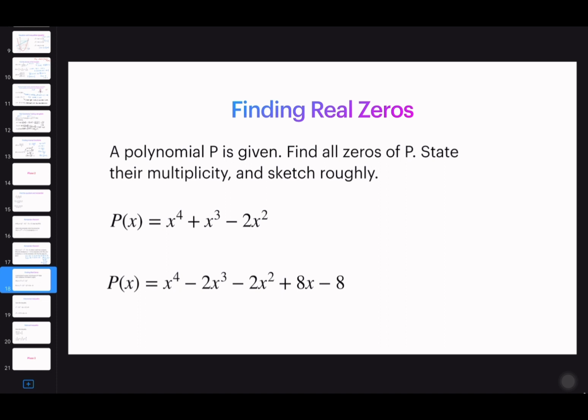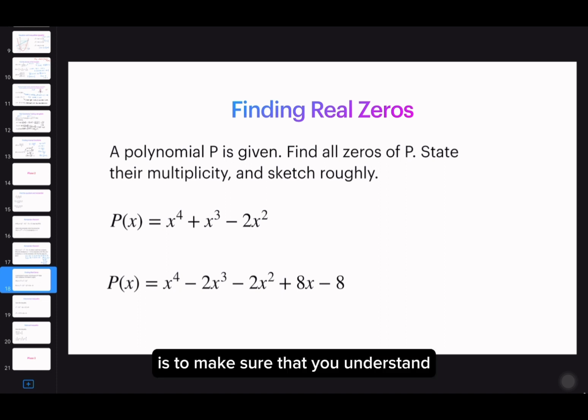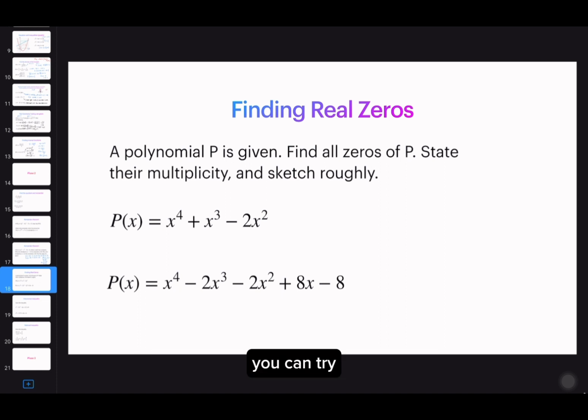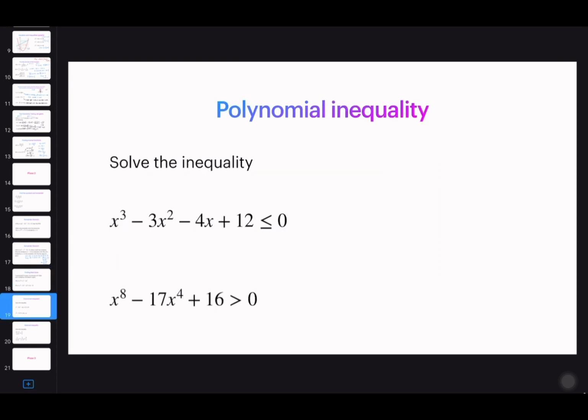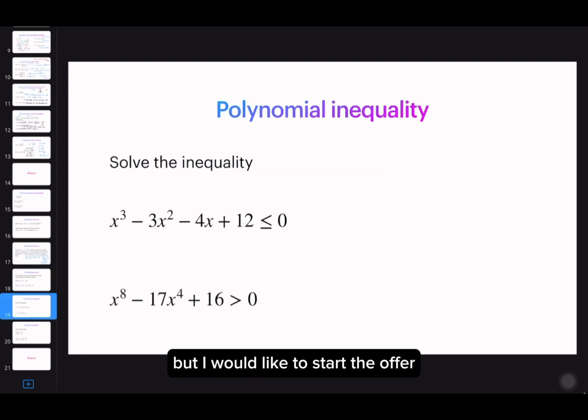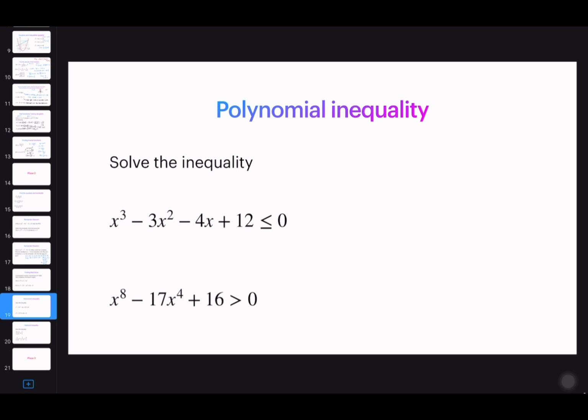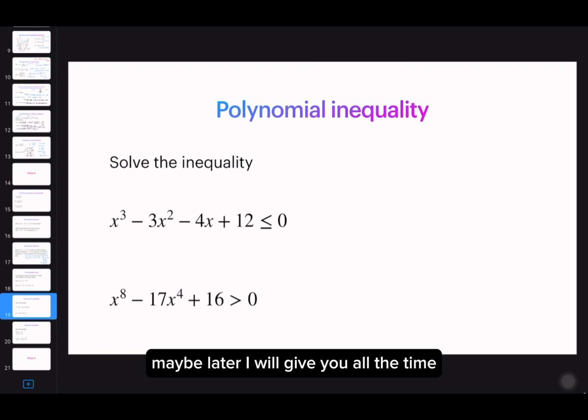Just to make sure that you understand. This one, you can also try, but I would like to start after this one. Maybe later I will give you the final answer. But I would like to start with